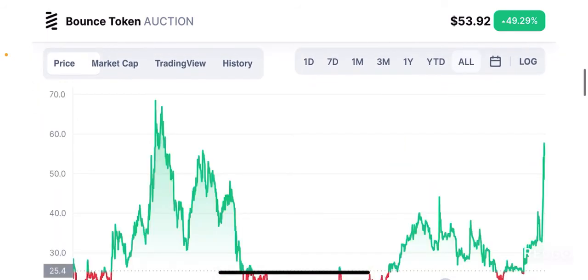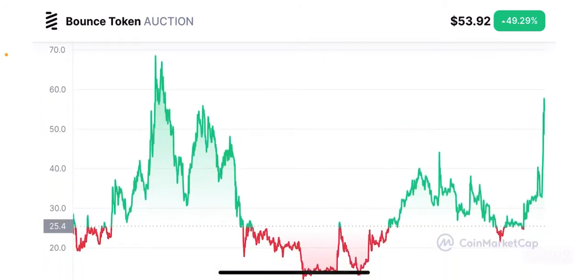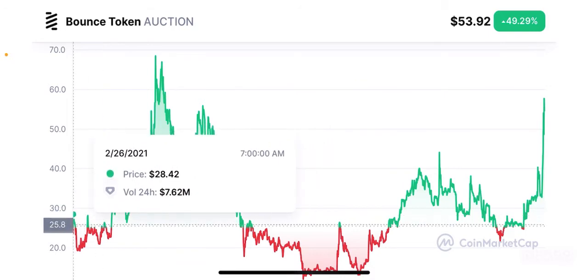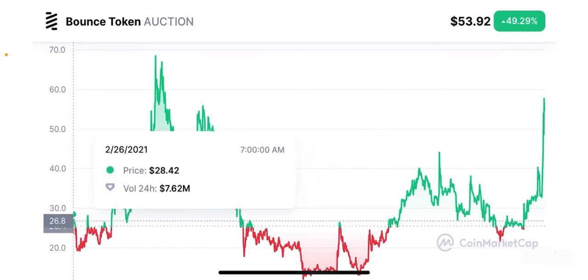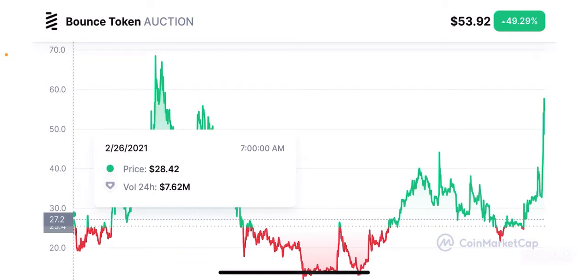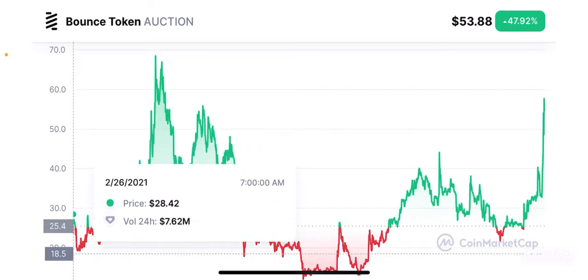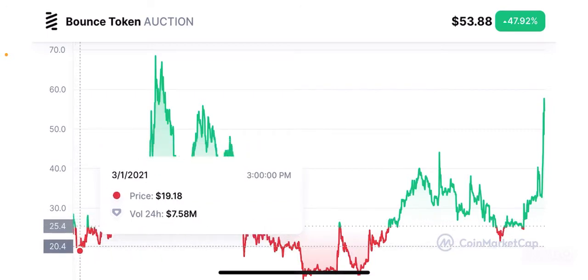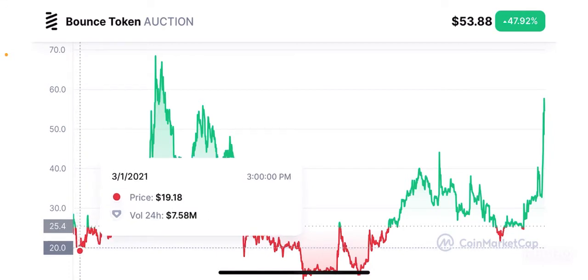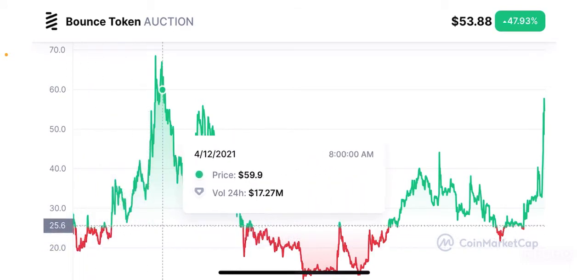So if you take a look at the charts itself, again, you can clearly see that in recent time, the token has literally shot up parabolically, but it does have an opportunity to come back down, and come back down harder, right? I'll tell you why. Because if you see here, the initial token price was $28.42 as of 26th of February this year. But if you see, the token immediately crashed below and reached a price point of about $19.95 on 1st of March, and then it immediately reached an all-time high of close to $70 per token mid of April.